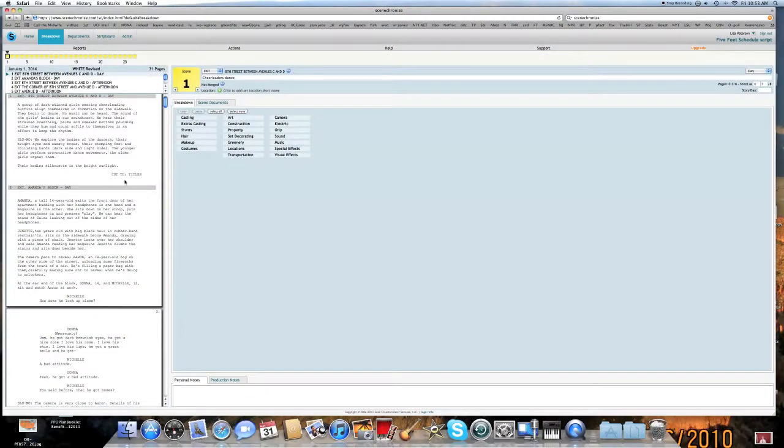Alright, so when you open your Synchronize account, your latest script will pop open in the breakdown mode, and by this point you will have gone through the whole script and done all the element highlighting. Each page will have elements lined out on it. You will have put in an action line for each scene, and now you're ready to move into the scheduling mode, which would be up here, strip board,